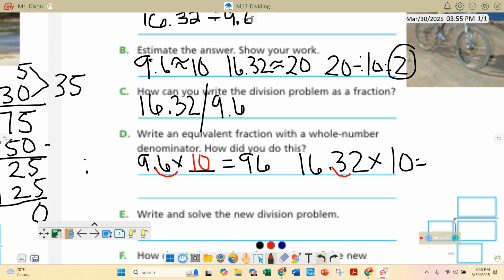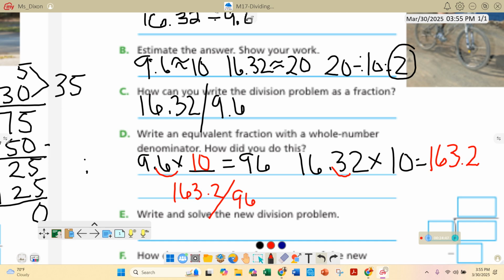And if you're only going to multiply your denominator times 10, then you're only going to multiply your numerator times 10. So that's going to give us a numerator of 163 and 2/10. So our new fraction is going to be 163 and 2/10 over